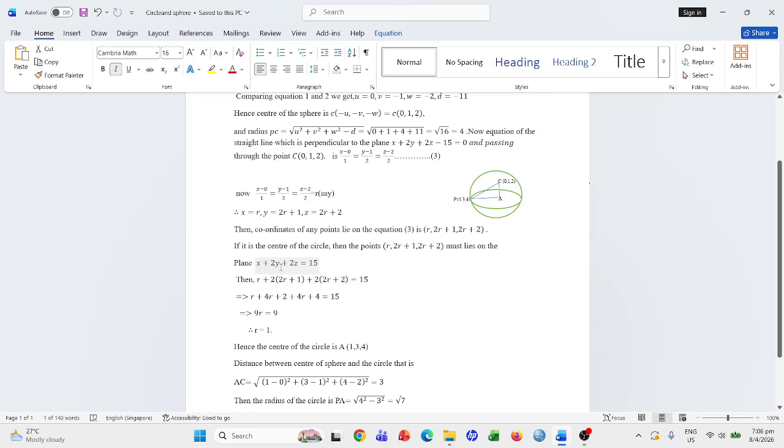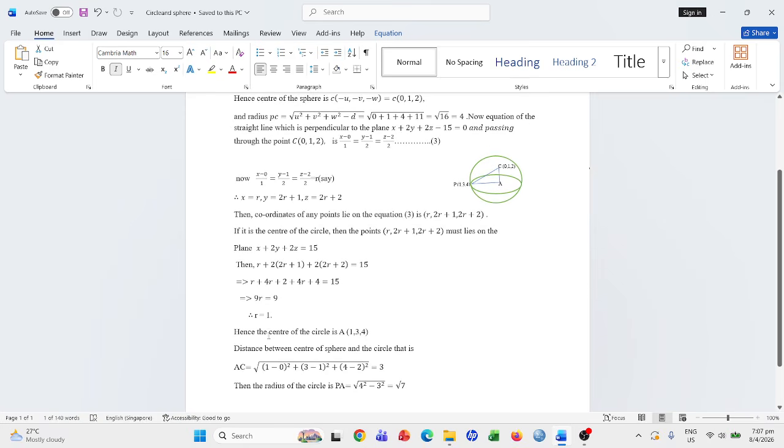Then in the equation of the plane, we put the coordinates instead of the variables x, y, z, that is, we get this and this. After simplification we get r equal to 1. Hence the center of the circle is